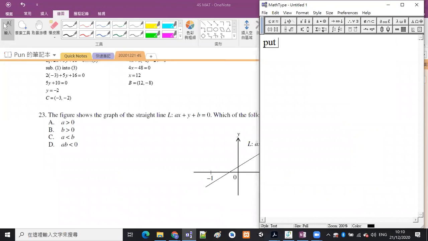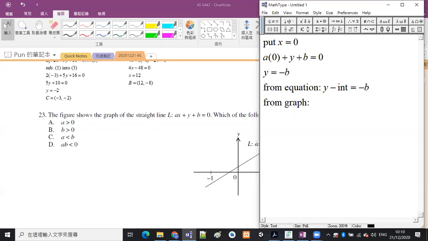Okay, put x equals 0. X equals 0, and then a times 0 plus y plus b is equal to 0. So y is equal to -b. Okay, so from the equation, given 我哋係咁樣嘅, we know that the y intercept is equal to -b. Okay, and then from the graph,